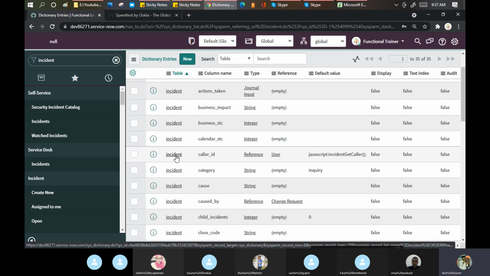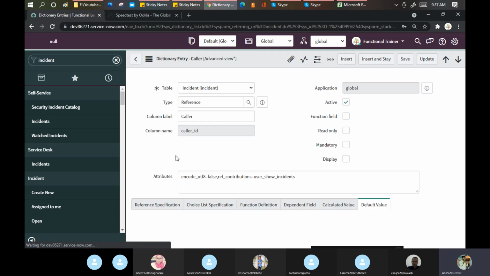You may have a question, Atul, these are only the attributes. Definitely these are the attributes, but we can go and see them in the table as well. Yes, you can see them in the table as well.